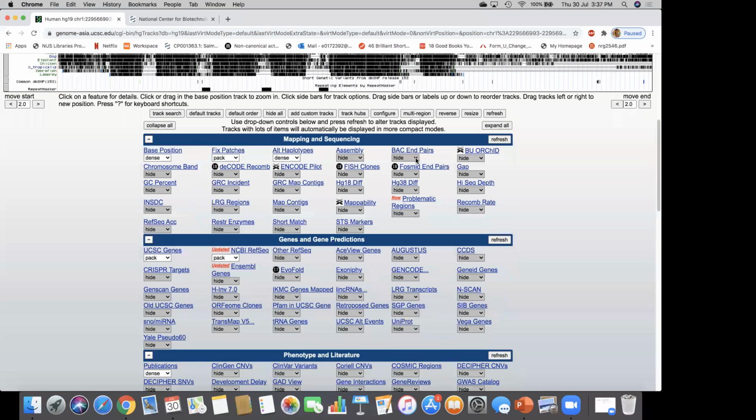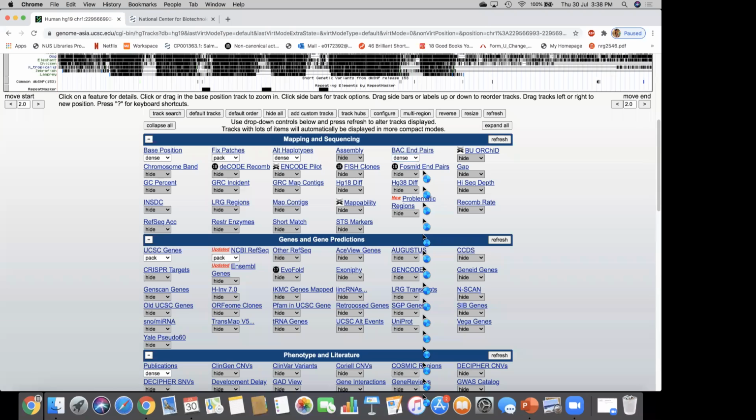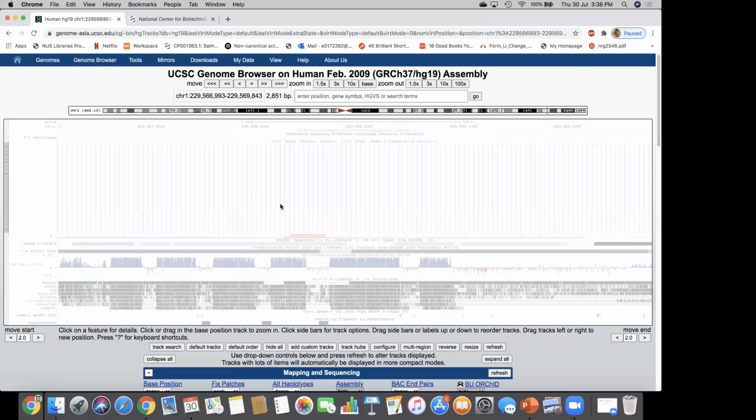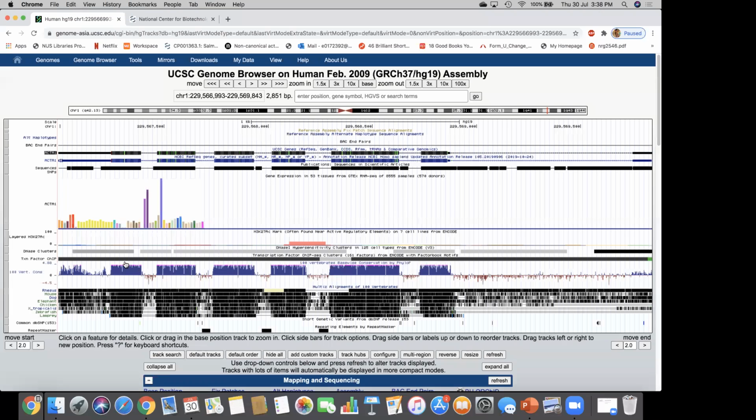So if I click this one, then I refresh. Then when you see the refreshing, you can see the back clones for this region.